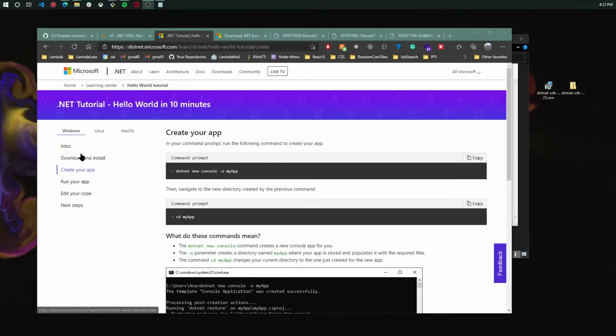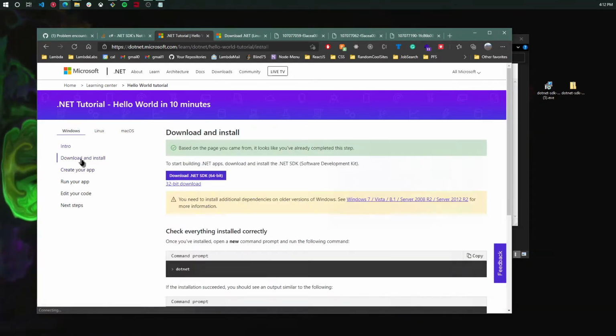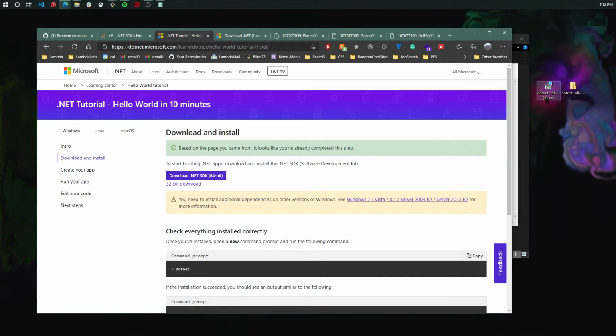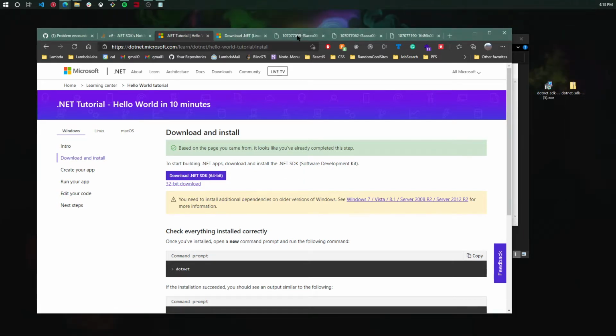So I was trying to learn some C# and .NET. I was doing the intro, I did the download, I hit this download page and it got me this installer. I've downloaded it multiple times trying to get this working. I tried doing the repair tool. It seemed to have my SDK